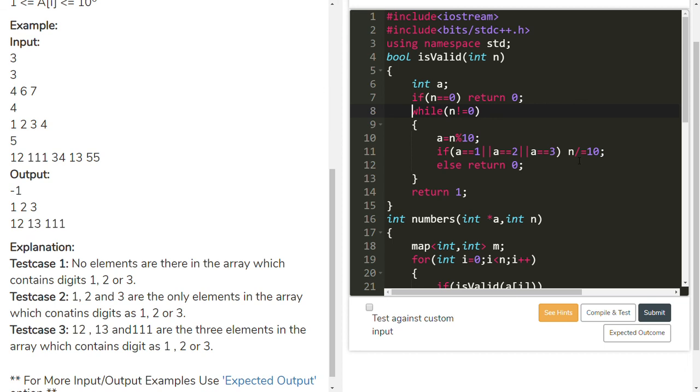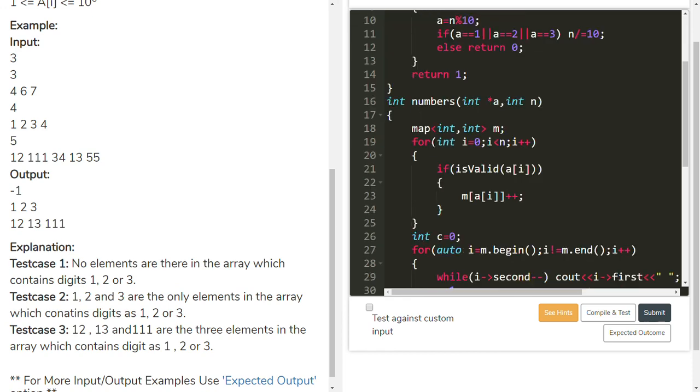Then n equal to n divided by 10, which is 0. Then the while checks the condition 0 not equal to 0. It is false, so the while loop stops execution and returns true. This is valid. 12 is valid. This is the process to find whether the given number is valid or not.